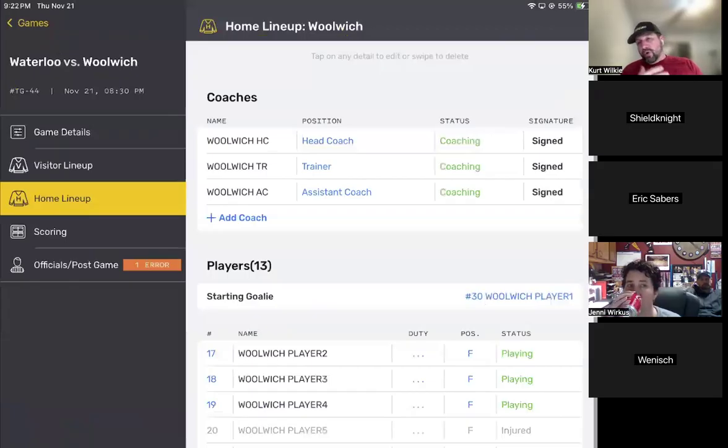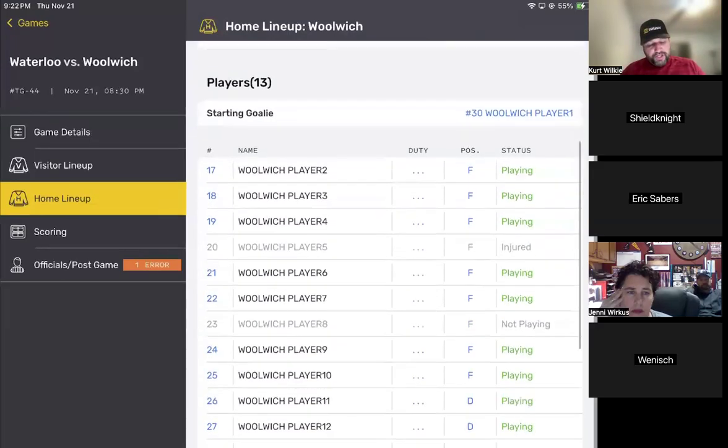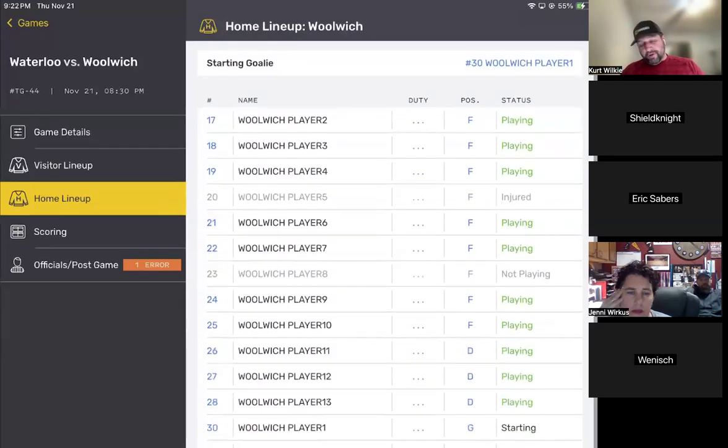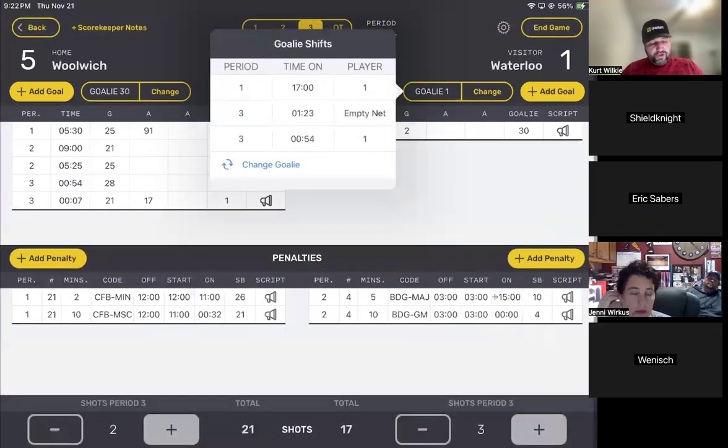Let's say it was the Woolwich team. This would be a very rare occasion. Most times, you would probably have a second goaltender on your bench, so you could put the other goaltender in. But in a rare occasion, if you only had one, yes, you would have to go in and specify one of these players as your goaltender. So let's say you got the time to get someone else dressed to do it. You would have to change their position to a goaltender. And then when you went back into the scoring app, and we went to do a goalie change,